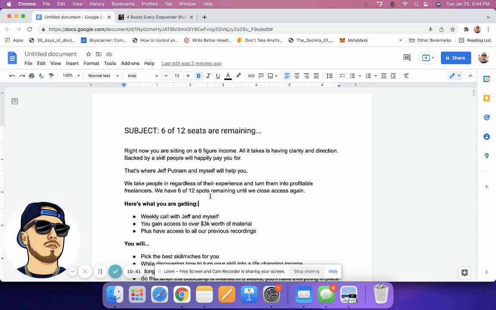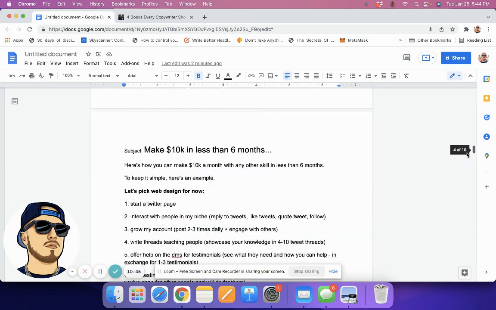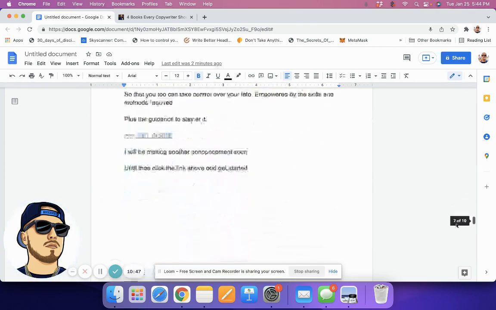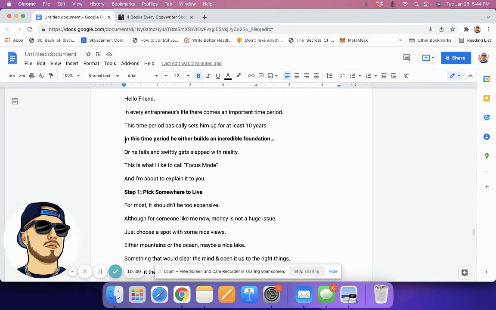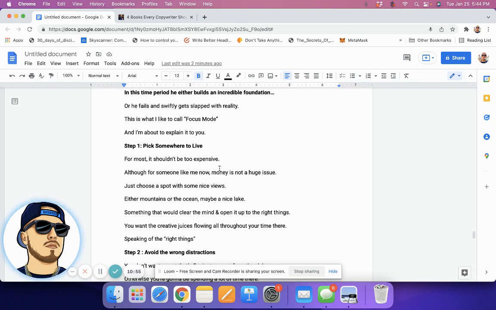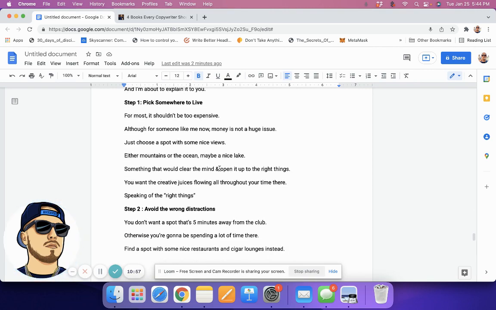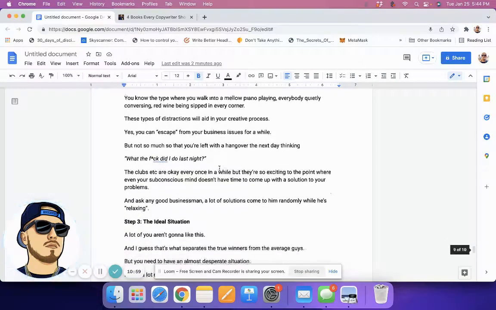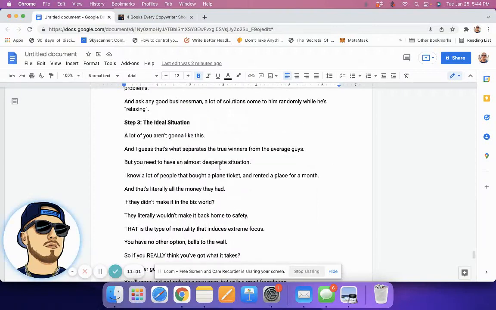Whether it's, for example, let me scroll down. The art of focus. Where is that one? The art of focus, right here. This is a straight up value email with a soft sell. So I'm literally giving you almost an article on how to focus. And then towards the bottom, if you keep reading,